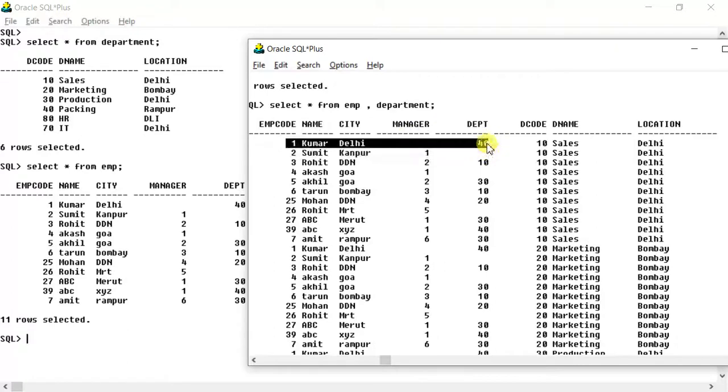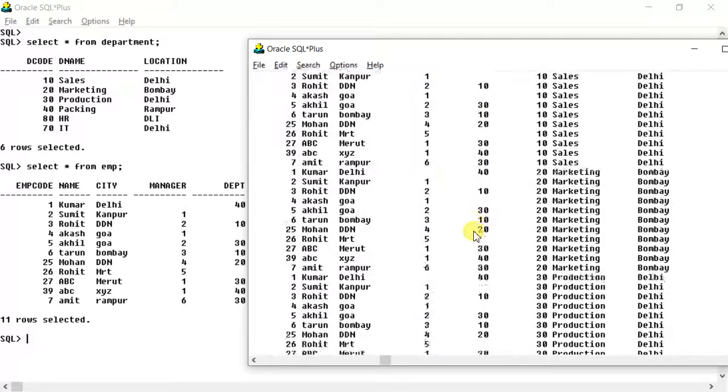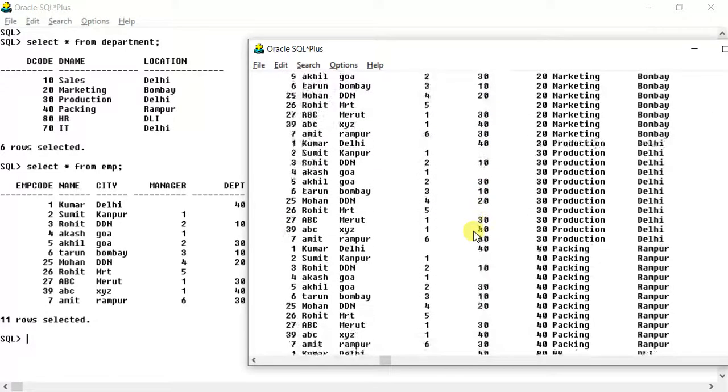One Kumar 40 has come from here. When here it is 10, 10 is not the department of Kumar. So you have to find that record where you can find 40 at both places. When you have one Kumar 40, here also it is 40. So then the name of Kumar's department is packing.